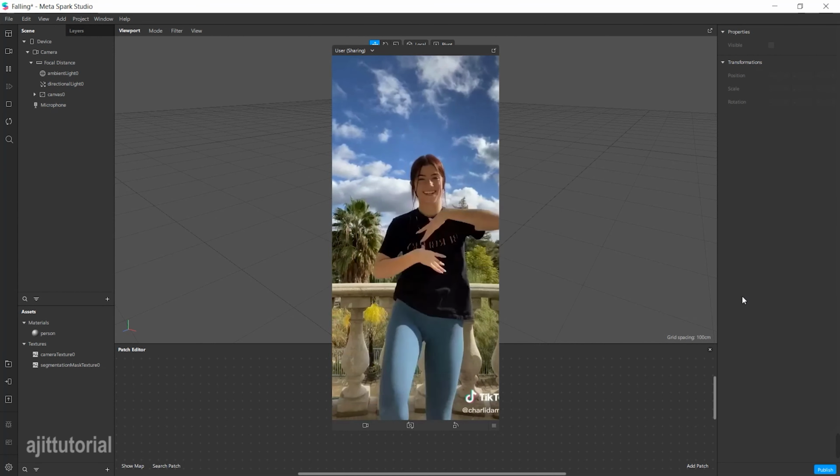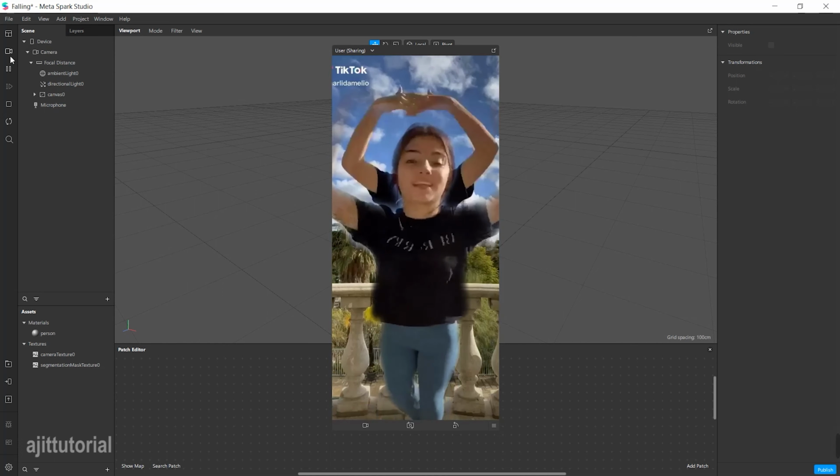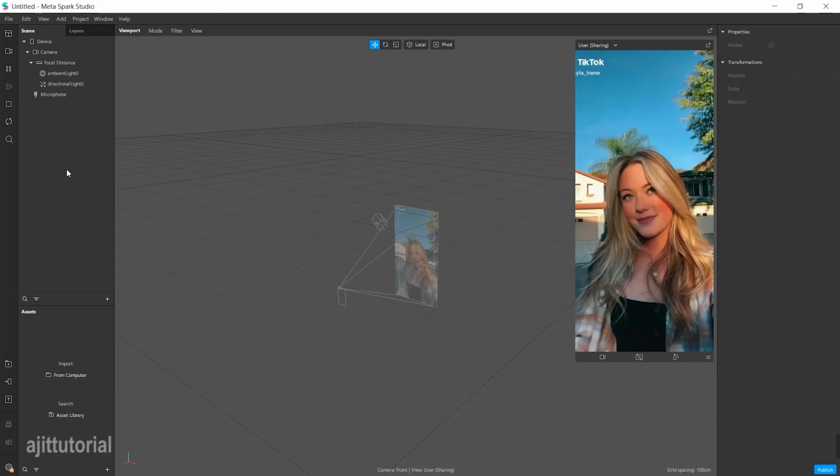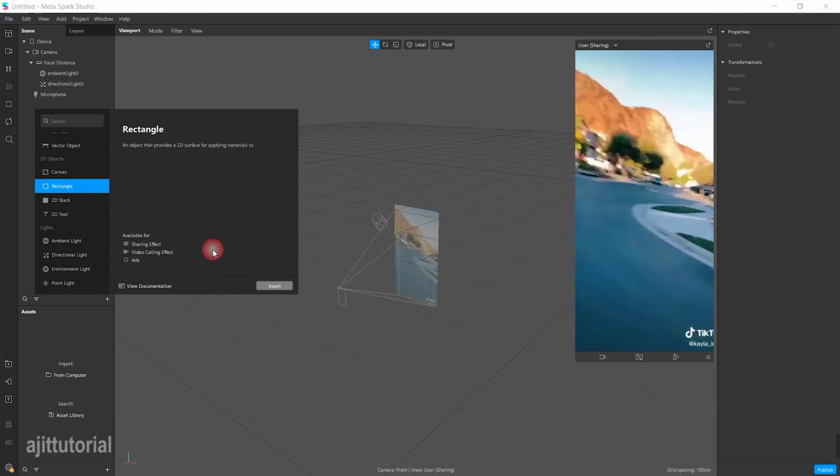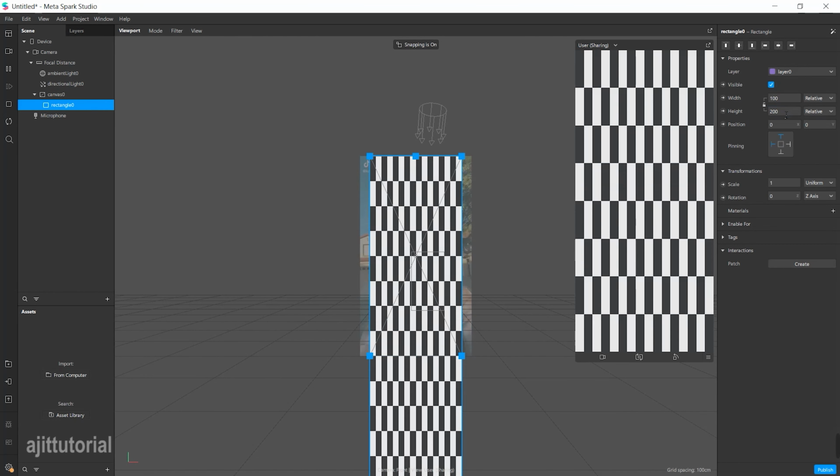Today in this video I will show you how to create the viral TikTok falling filter. So let's start it. At first, go to scene panel and choose rectangle and make it 100 by 200